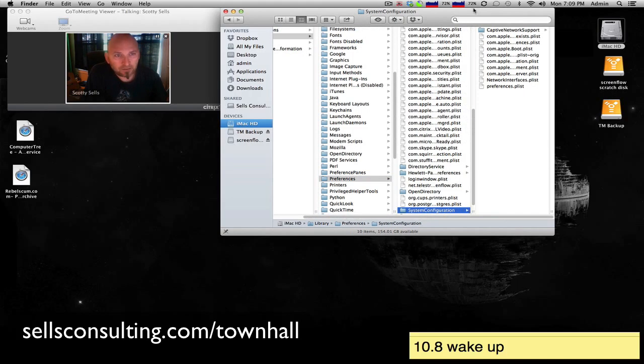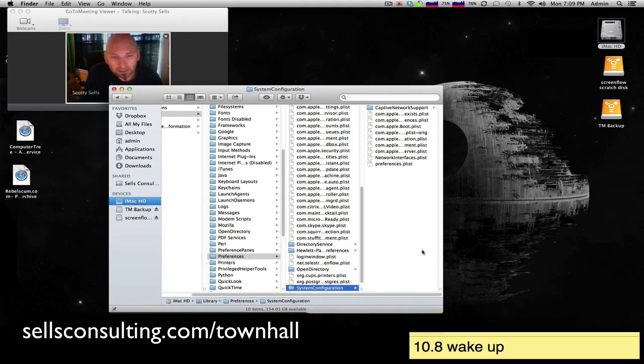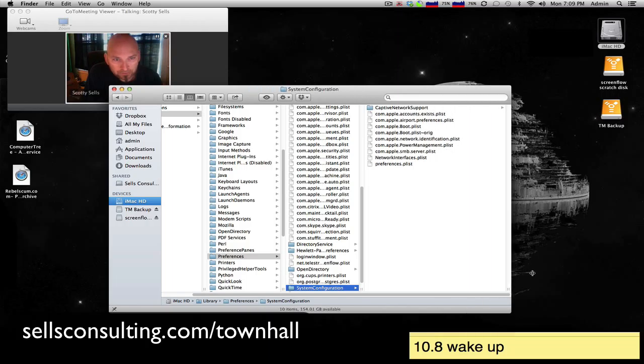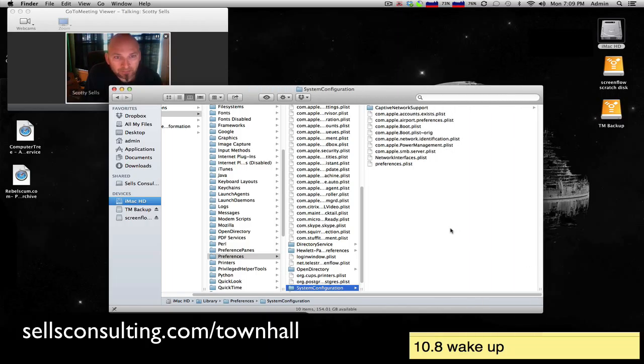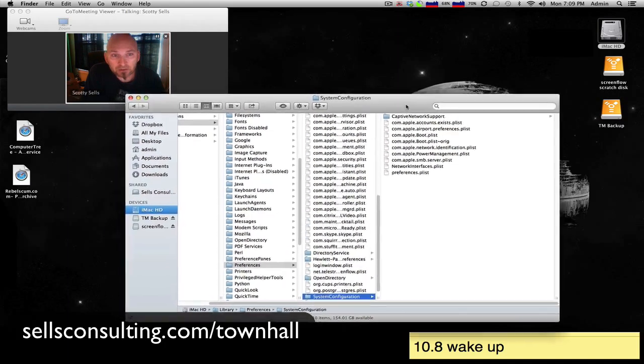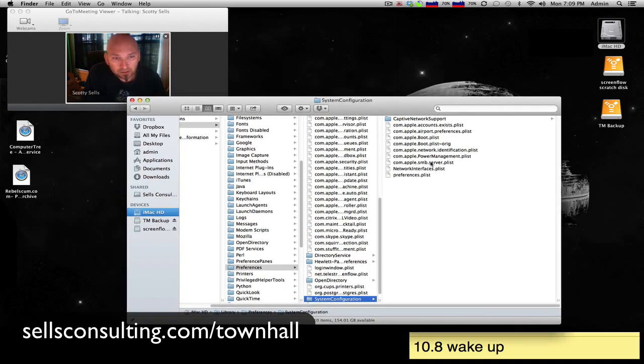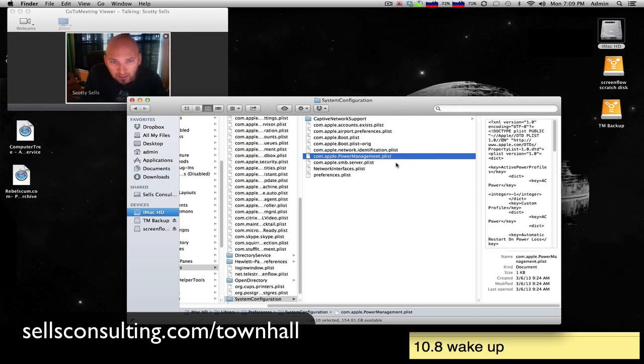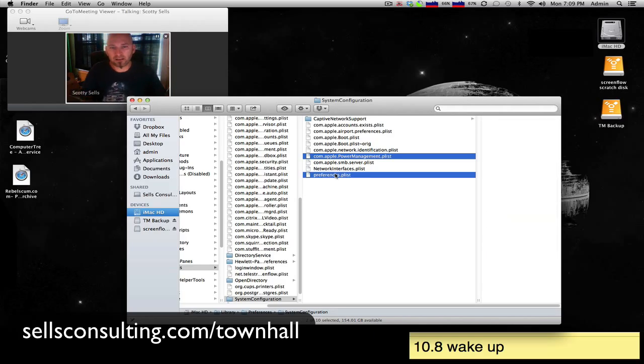And like I've said before, I'm recording this. In here, there is a little preference file that may have something to do with your problem, and it's certainly not a bad thing to do this. In here, there are several little files, one of which is Power Management, and another one is Preferences. So if I hold the Command key down, I can select a couple of these,